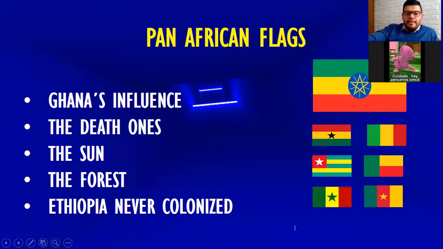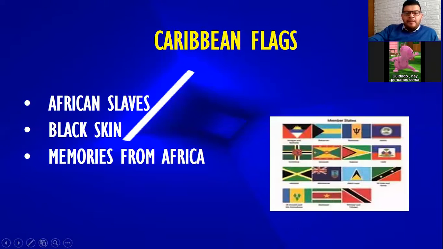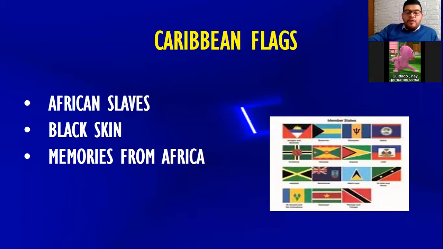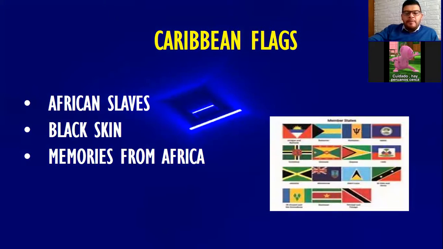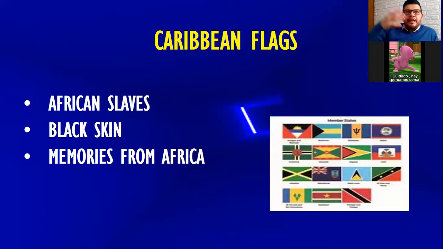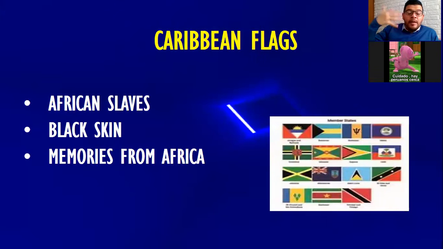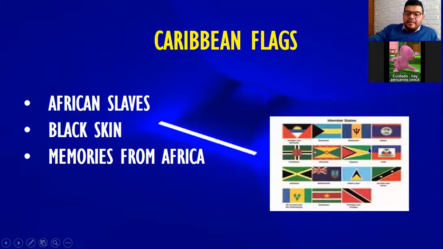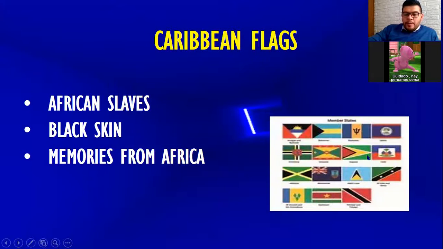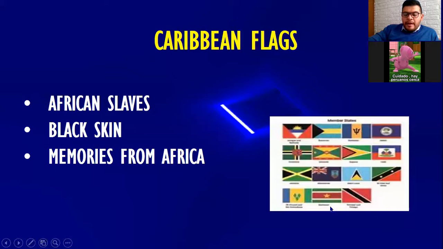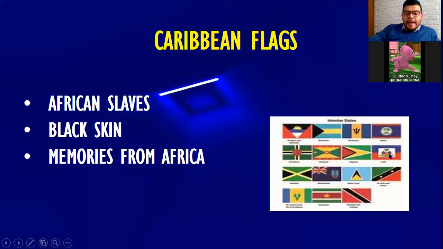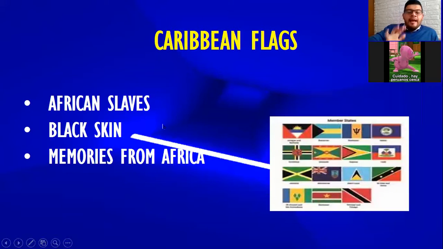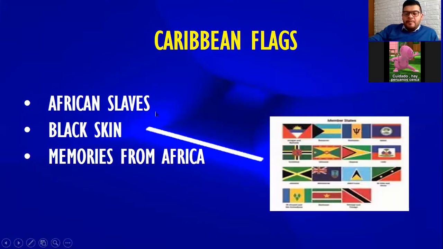Later, I think we have got the end of the presentation. We have got the Caribbean flags. I don't know if you have noticed, but many people from the Caribbean basically look like African people, yes? And here we got some examples of countries like Guyana, Suriname, Trinidad and Tobago, Jamaica, Belize, Haiti, etc. They have got colors in common, yes? And let me tell you the reason why their flags are very exotic.